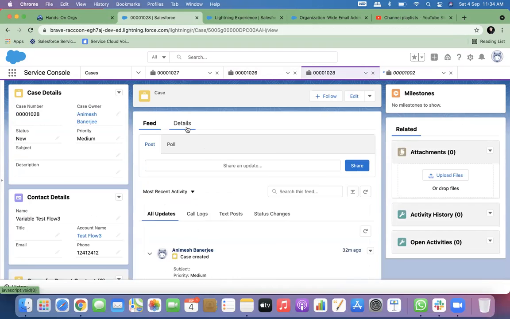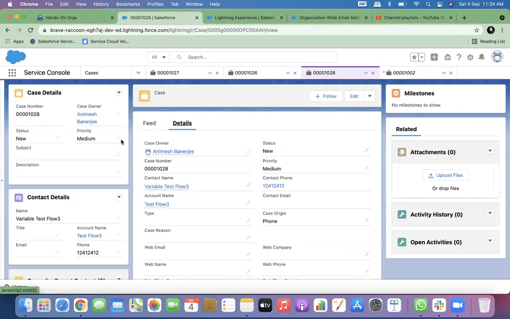So I just understand that if I choose platinum, basically the platinum is the most expensive customer. So their priority, I think, should be high, because firstly that is the customer priority. But the case priority can be different. Case priority means what kind of problem is this? So I will give you an example.